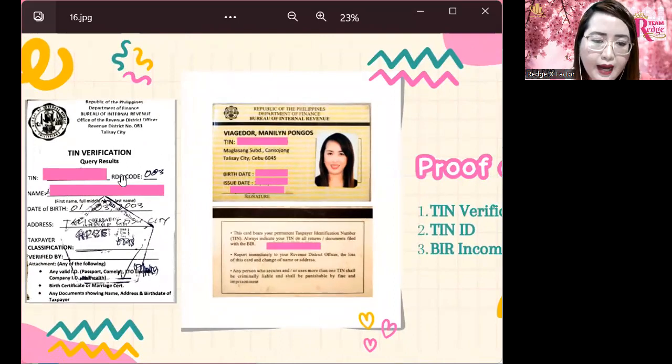You can go to BIR and maybe have like an authorization letter. So some BIR branches, they allow the authorization letter, but some, they are very strict, so they require the SPA. So alam ko lang yung sa Talisay City, Cebu, okay naman yung BIR branch na yon. They just require you to have an authorization letter, yung ID ng